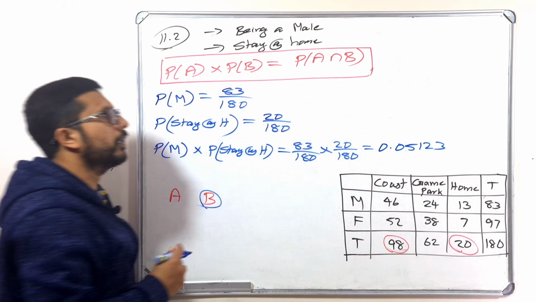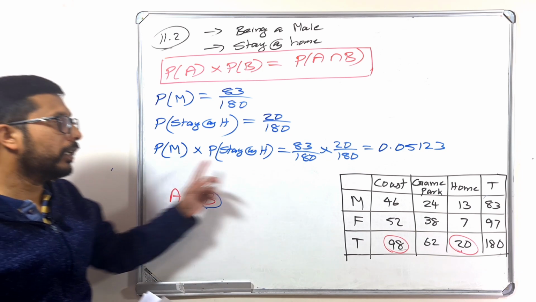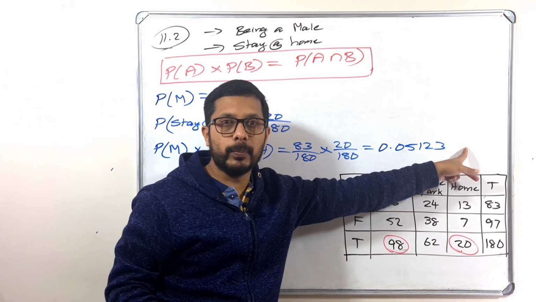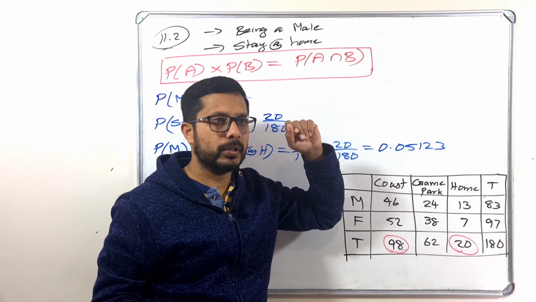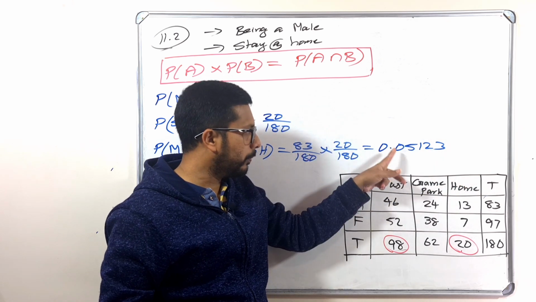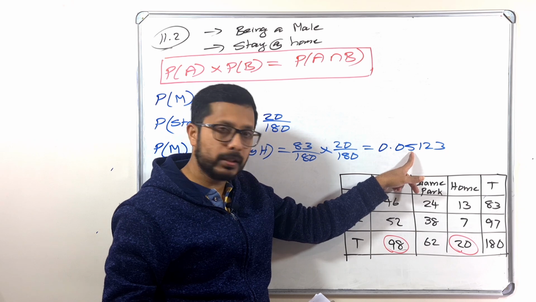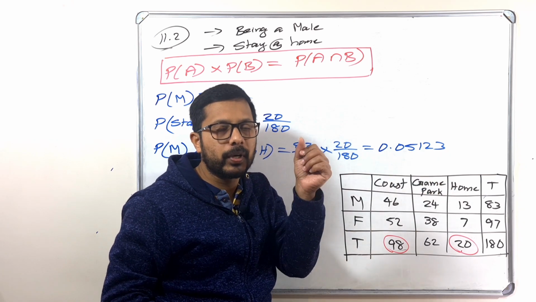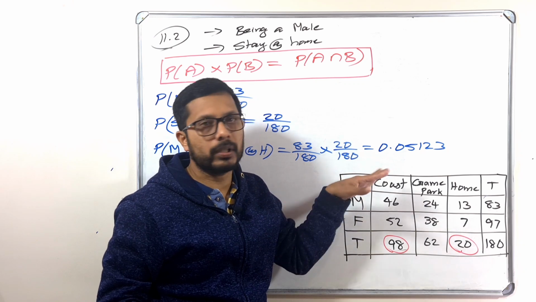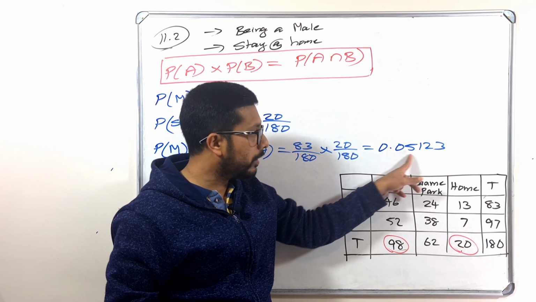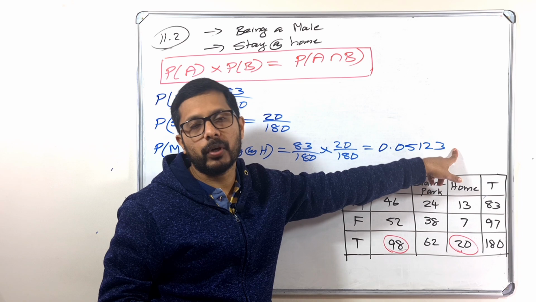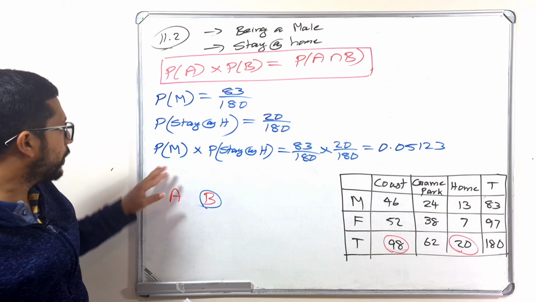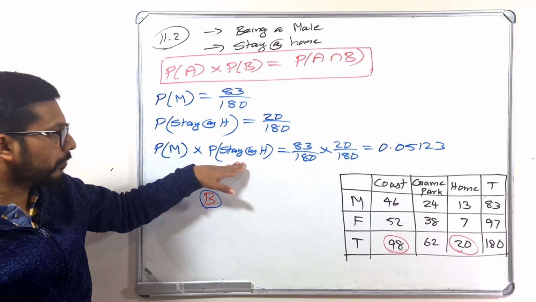Okay, so here guys, it is better to write 4 or 5 or 6 decimal numbers. There are some questions I remember, maybe the first two are equal, then the remaining are different. If there is a slight difference, then we can say that it's not independent. So it's better to write 5 or 6 decimals, the full decimal number. Okay, so probability of male times probability of stay at home is